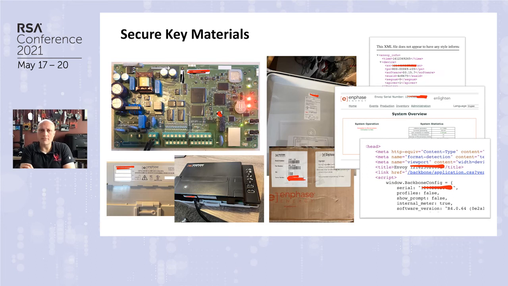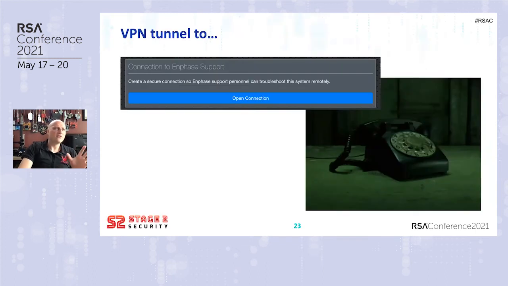But there's some other options here that I want to run past you and just make you think about with solar panels. First off, for this particular vendor, there was one thing that caught my eye that may be interesting. On their page, they have this option to open a connection. And when you click this button, the device has a generated OpenVPN certificate that it will then use to establish a VPN tunnel back into Enphase Energy's office in California. I never played with this tunnel, but you could take that key, pull it off the device, and then establish your own VPN tunnel into their network.